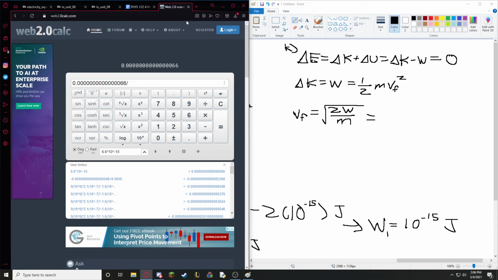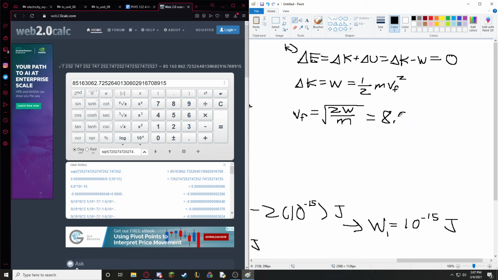Yep, exactly. About 9.1 times 10 to the minus 31. The 10 to the minus 31 just becomes positive when we throw it on top. And then we take the square root of that, and we get our total final velocity. So it's about 8.5 times 10 to the 7